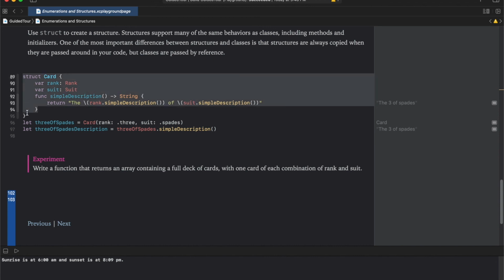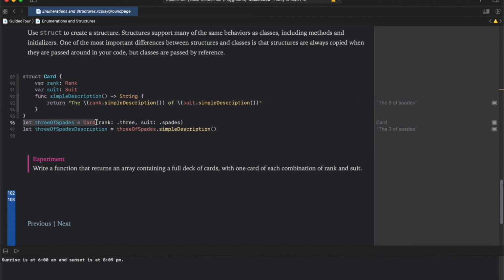Here on line 89 to line 95, we are creating a structure called card, which has two variables of type enum, rank and suit, and has a simple description method which describes the card by evaluating and printing the values of rank and suit.